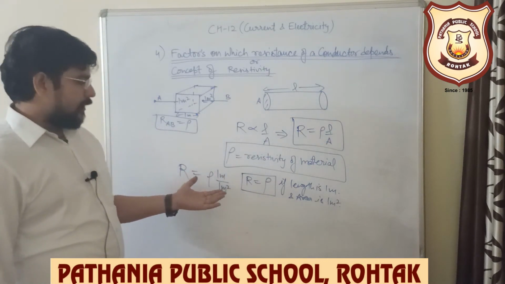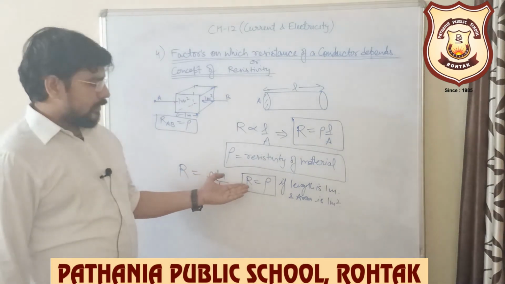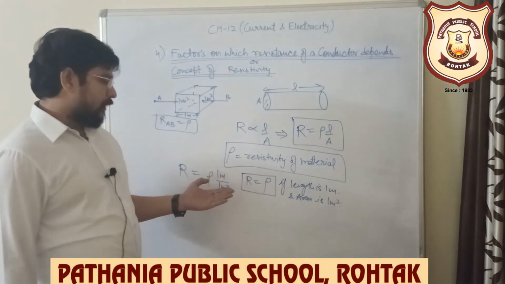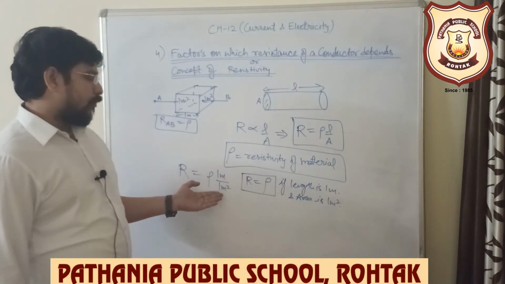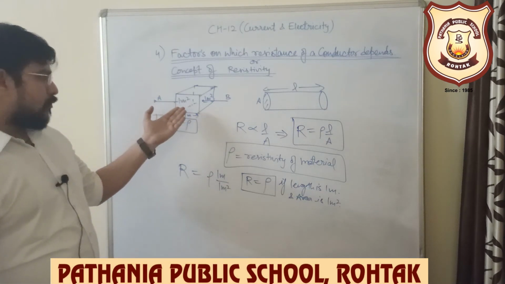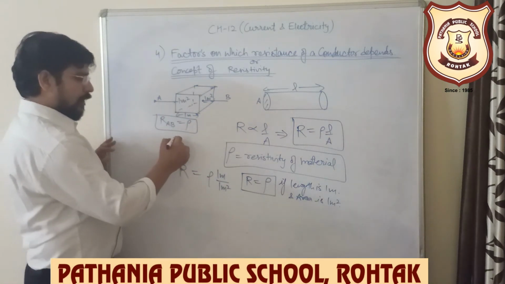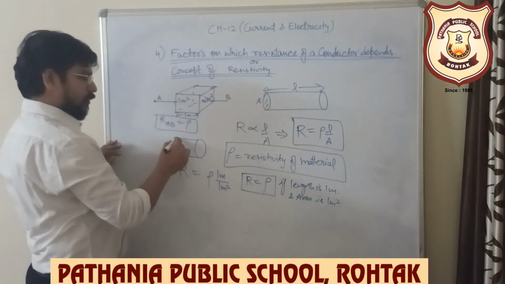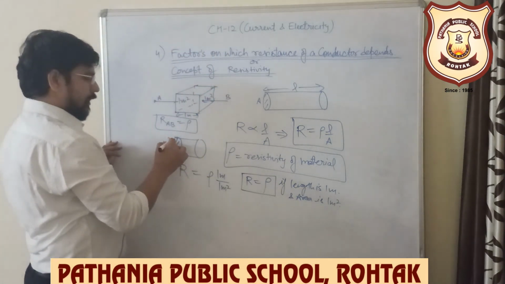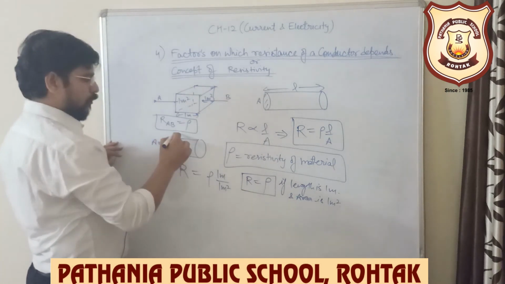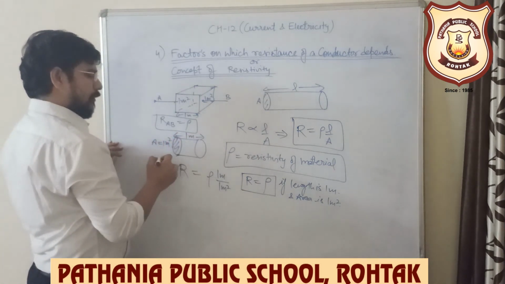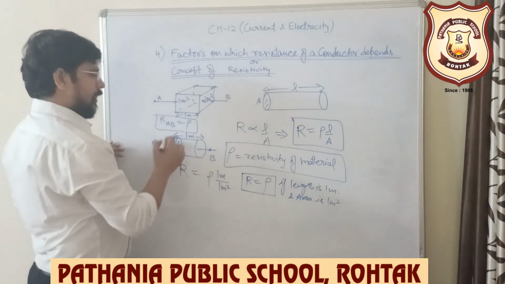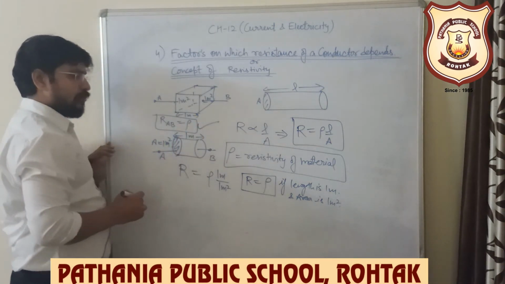Or you can also define it simply by saying that resistivity becomes equal to the resistance of a conductor if its length is 1 meter and area of cross section is 1 meter square. Shape is not a foundation here. You can also have a cylindrical shape conductor which is having a circular cross section. As long as the area of cross section is 1 meter square and length is 1 meter, the resistance of this conductor is always giving us resistivity. RAB is equal to rho.